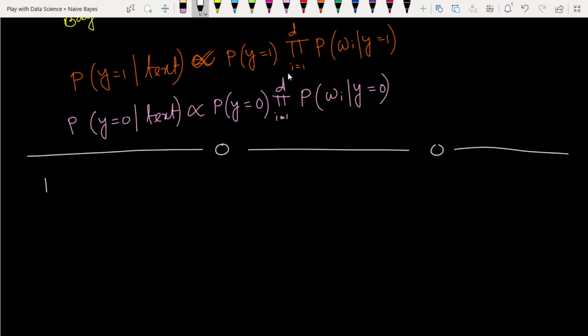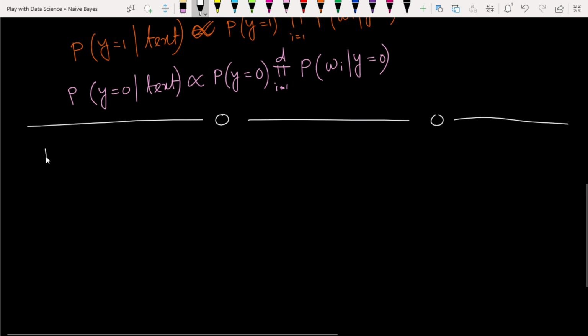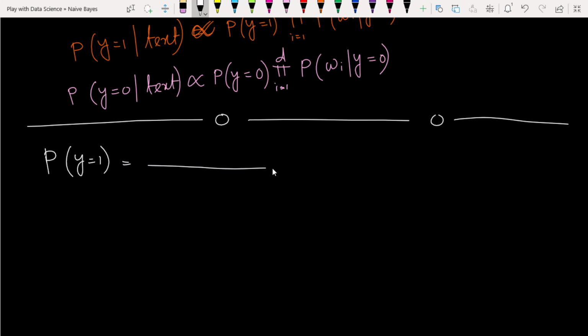I think up to this we are clear. Now the main thing is how to calculate this probability. So first we calculate this probability, the probability of our class label. The probability of class label 1 will be simply,